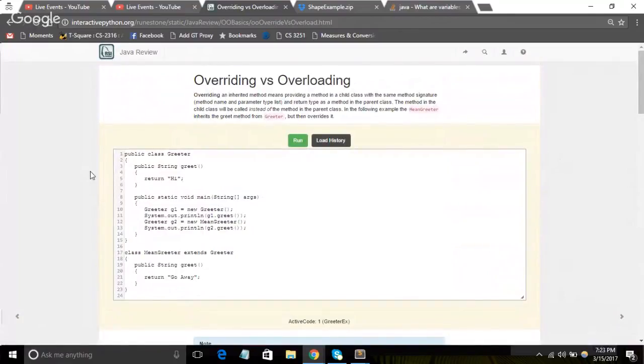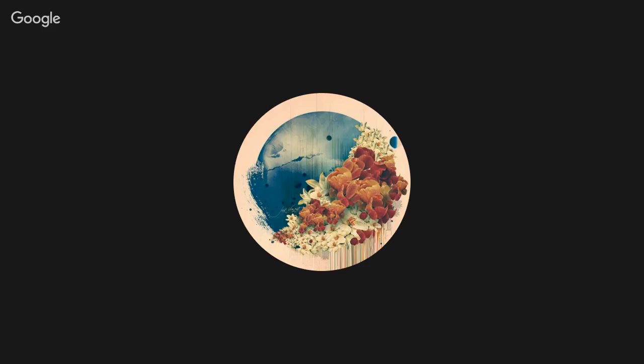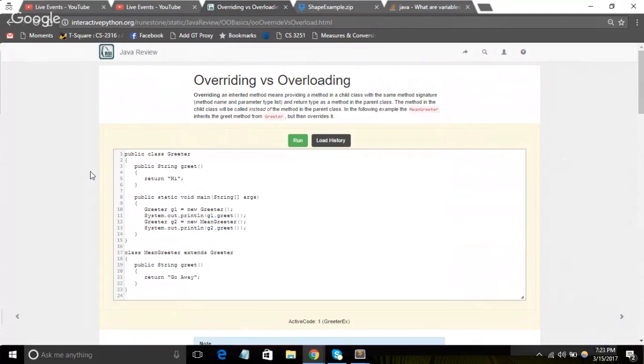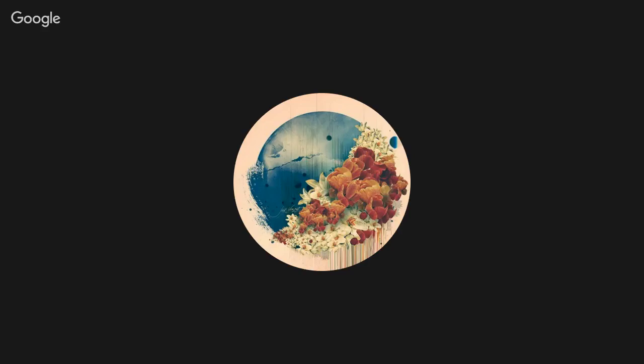Overriding versus overloading. Do you remember which one's which? Have you heard of them? Yeah, like overloaded methods. So which one is overloading methods? Overloading methods is like, let's say you have a fraction class, and then you have like this one that's